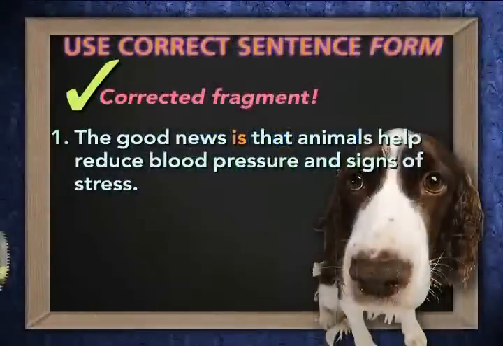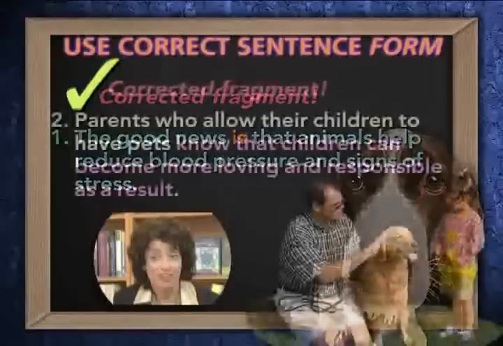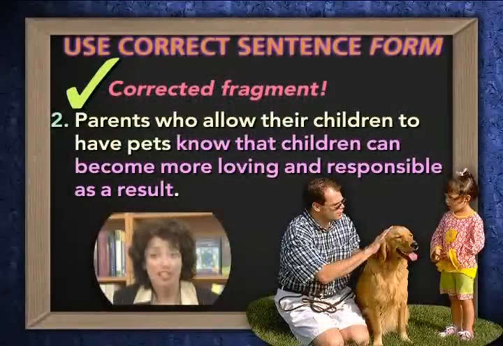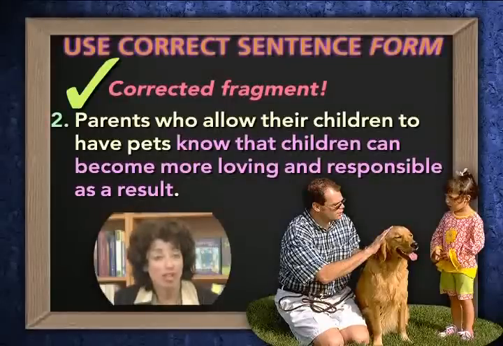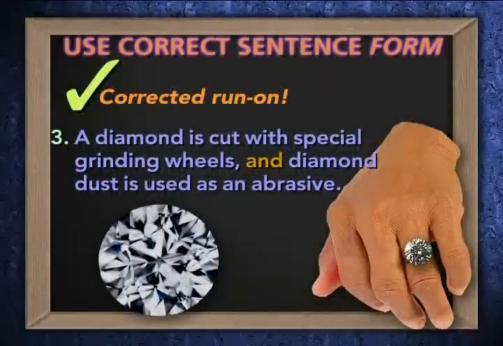Here are some possible answers. The good news is that animals help reduce blood pressure and signs of stress. What I've done there is I have corrected the fragment. The second one is also a fragment. Here's my correction. Parents who allow their children to have pets know that children can become more loving and responsible as a result. Number 3 is a run-on. Here's my correction. A diamond is cut with special grinding wheels, and diamond dust is used as an abrasive. Your answers might be a little bit different from mine, but as long as your sentences are correct and complete,